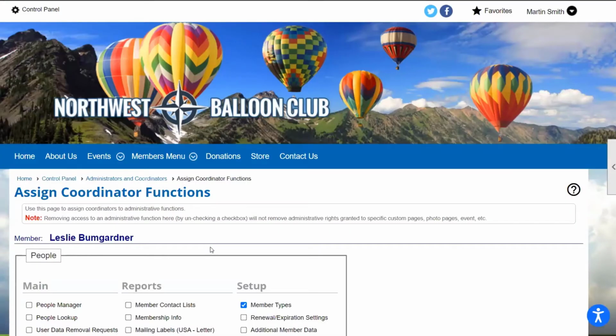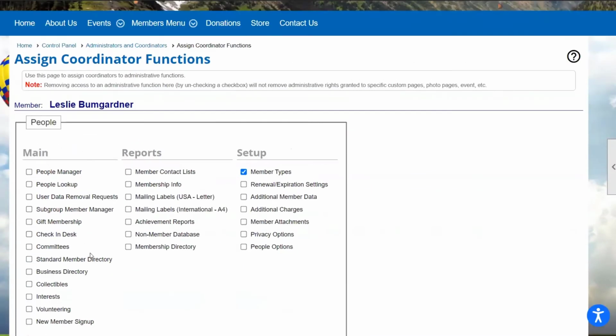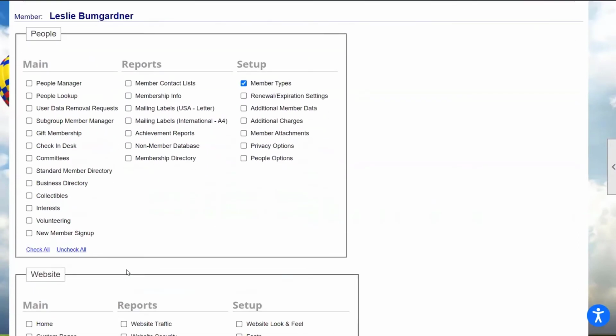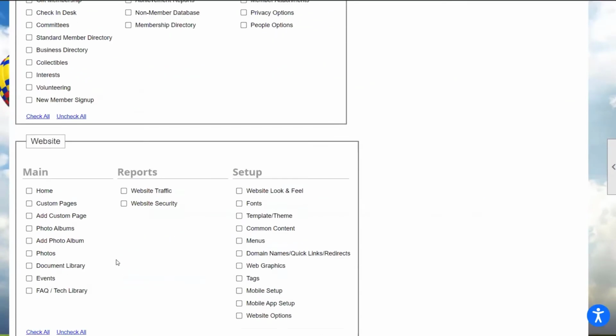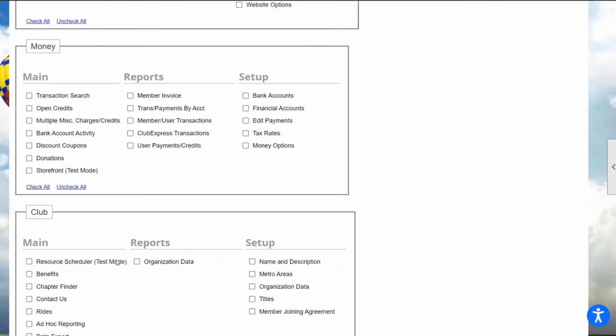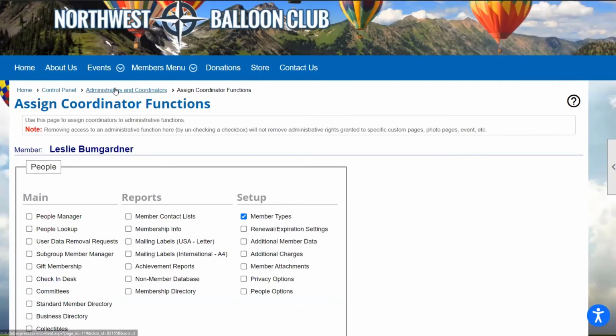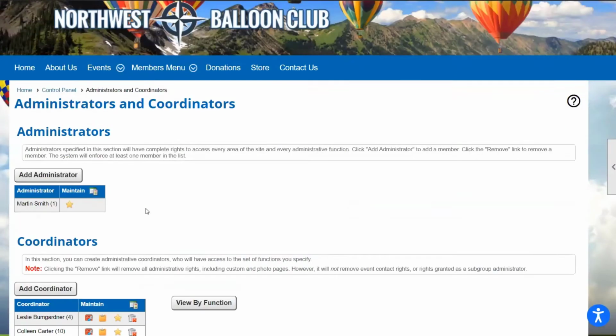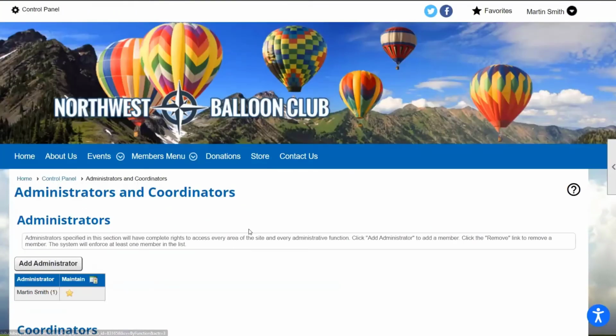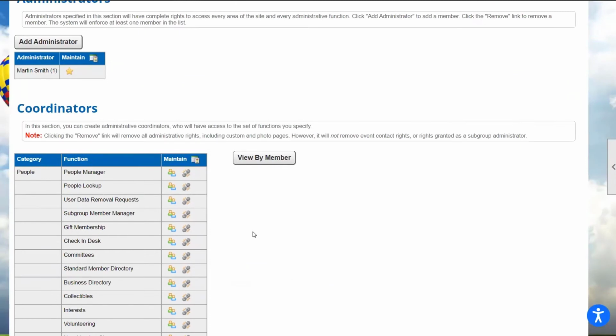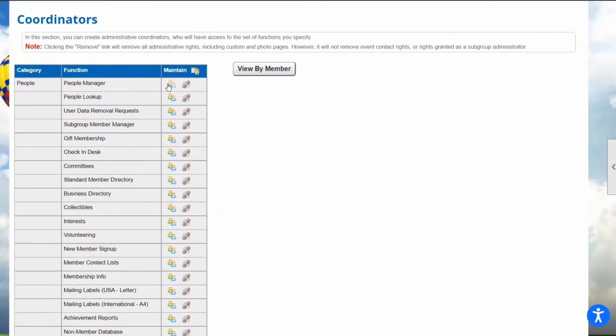that they have. Now, those rights are going to be separated by tab. You can pick and choose, as if you're ordering off of a menu, what items those members should have access to. Another way that you can take a look at those particular rights is by function. So if I switch to function view, I get to see all of the functions and view and edit all of the members who might have access to those functions using that coordinator icon, or I can remove access to